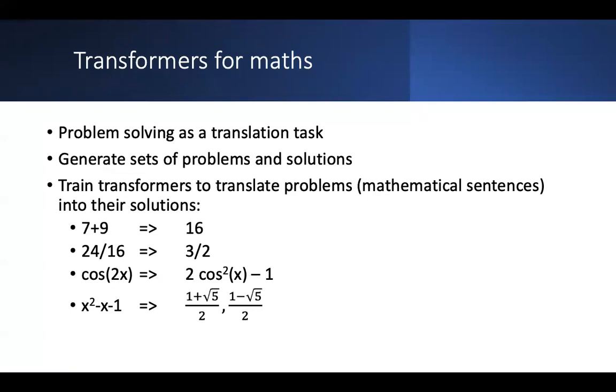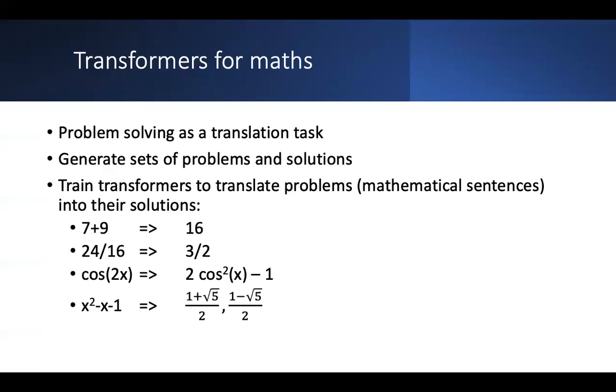So practically, I want to generate sets of problems and solutions to mathematical problems, and I want to train my transformer to translate the problem, which is a mathematical sentence, into the solution, which is another mathematical sentence, just as if it were a translation from French into English or something. To give you a few examples, I'd like to work with a sentence like 7 plus 9, 3 words, and translate it into 16, 1 word, or 2 words if you want to take each digit as a word. Or I would like to have x squared minus x minus 1, 6 words, and translate it as